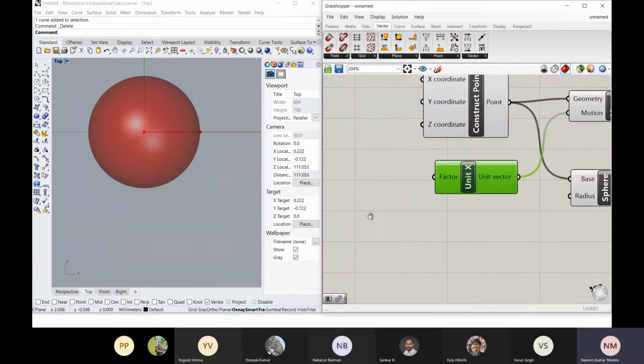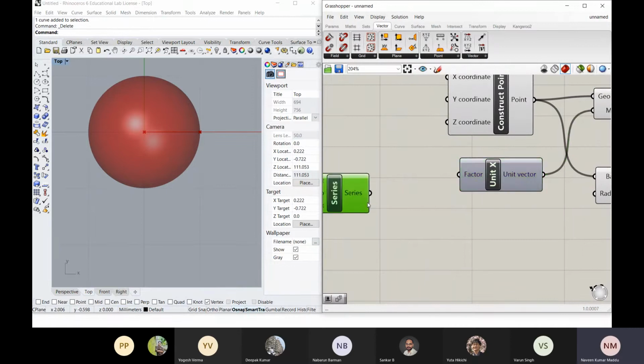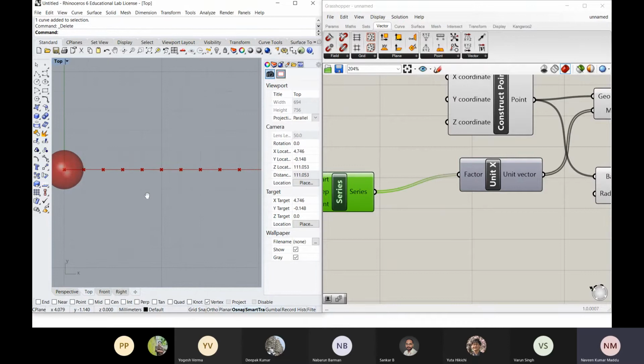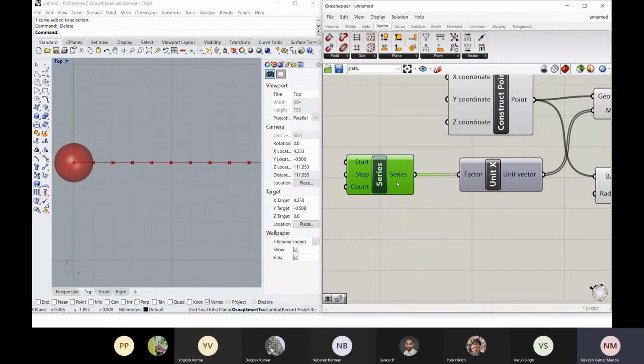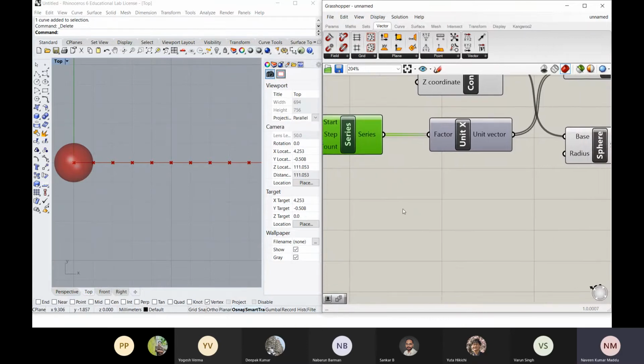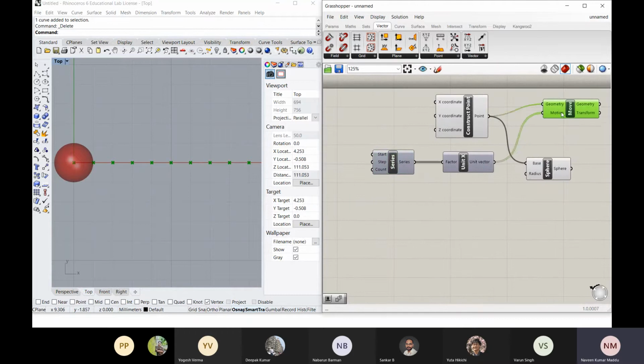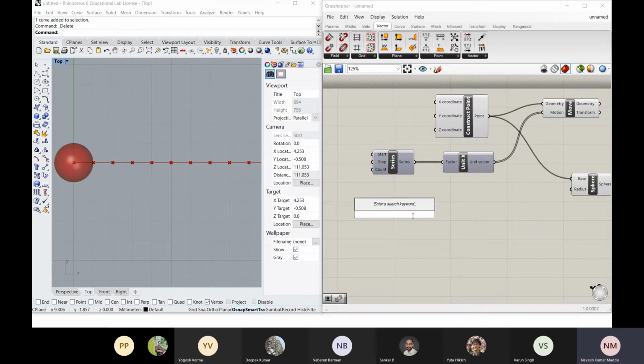Let me give some factor here. Obviously you can see there are 10 points created with these values 0, 1, 2, 3, 4, 5, 6. Now this component, in green color here, will give you the number of points in the x-axis. Similarly, if you want to replicate this in y direction, you create the same series